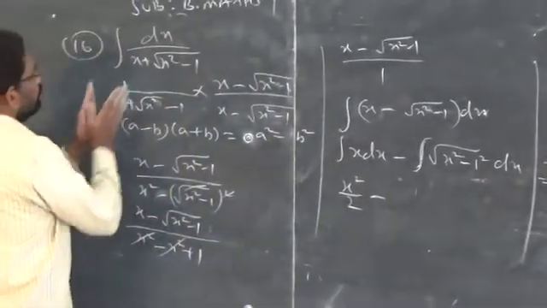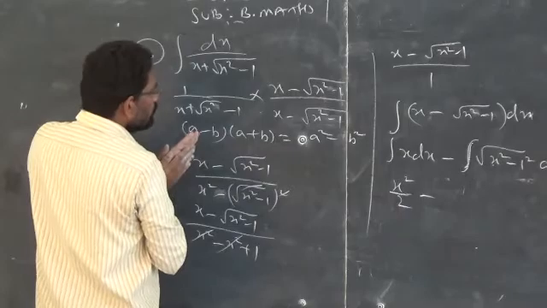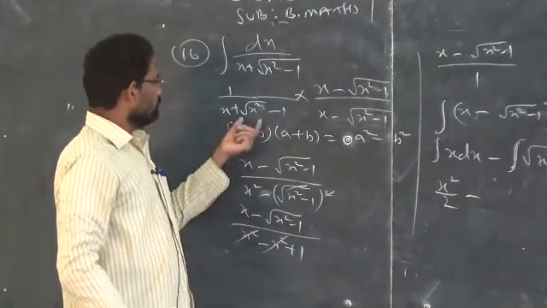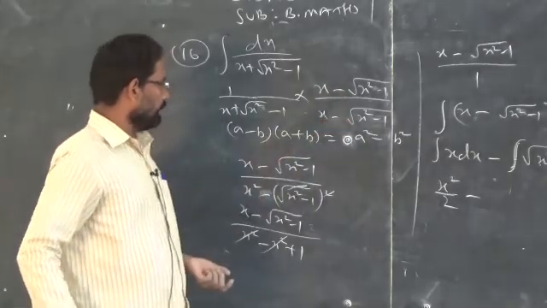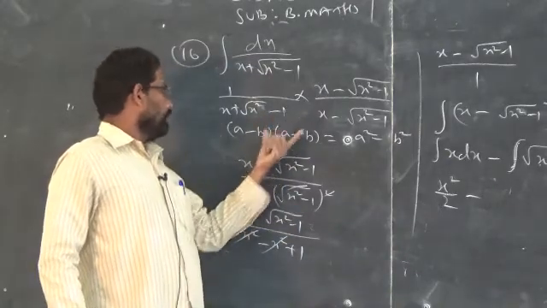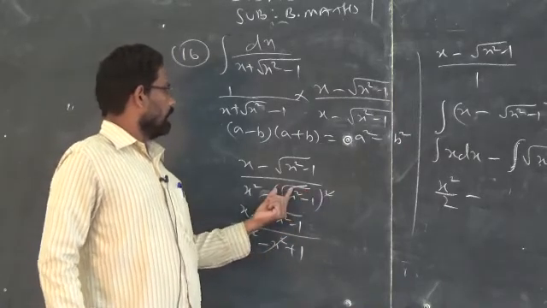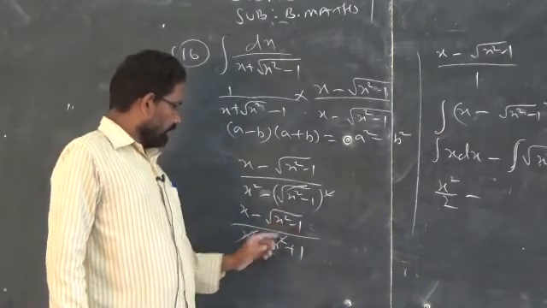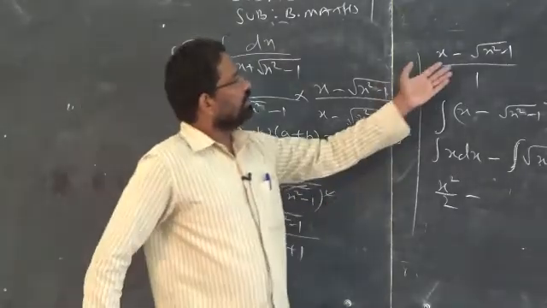So how do you proceed? We have one part of the square root. To simplify this one, I am introducing rationalizing the denominator. What is meant by rationalizing the denominator? Just take the conjugate of the denominator and multiply both the numerator as well as the denominator. I got the denominator always in the form of a square minus b square. Applying that identity, I got x square minus (square root of x square minus 1) the whole square. Square and square root get cancelled. Therefore, I get x minus square root of x square minus 1, and in the denominator x square and minus x square get eliminated, we get only plus 1. Then this is the normal procedure.